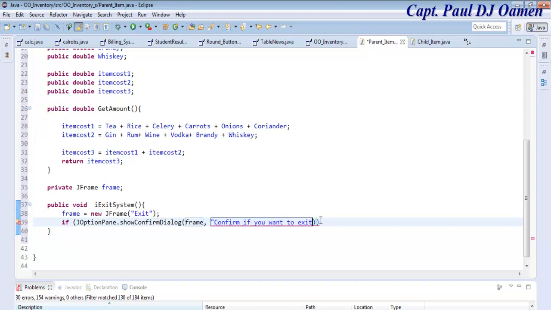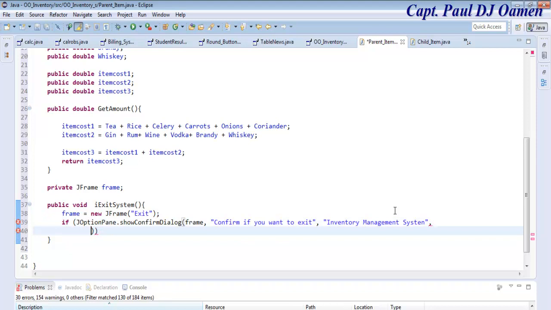Alright, so close that, and let's say comma, and the name of the application is going to be Inventory Management System. Right, and then come here, enter a comma, and let's say